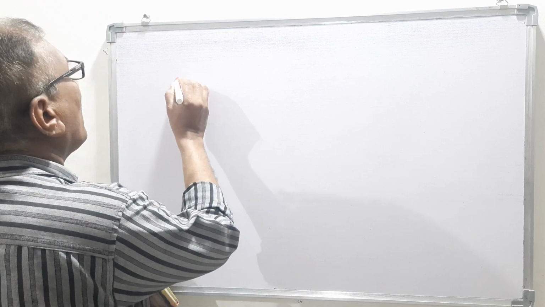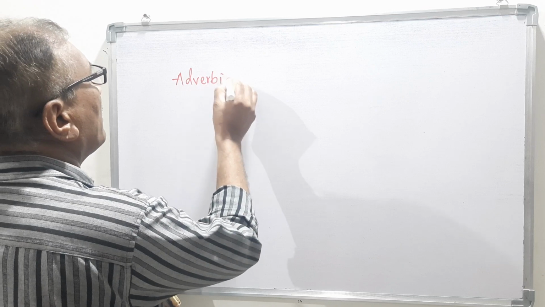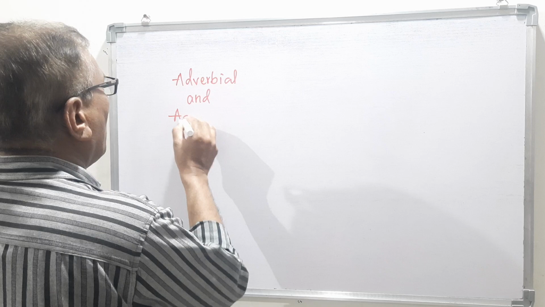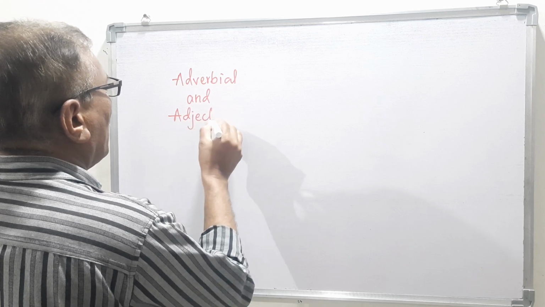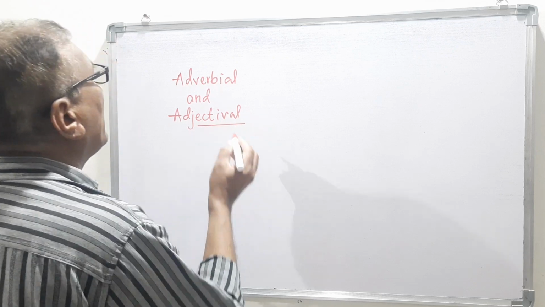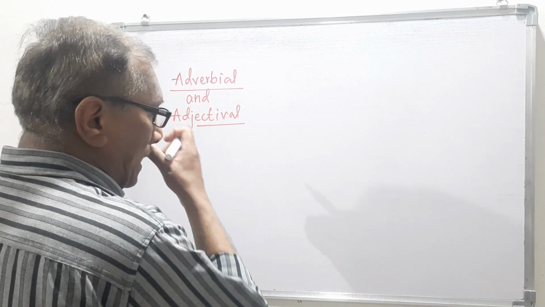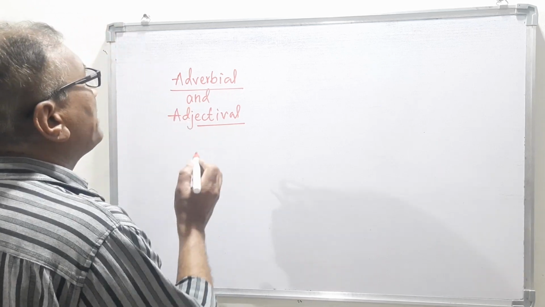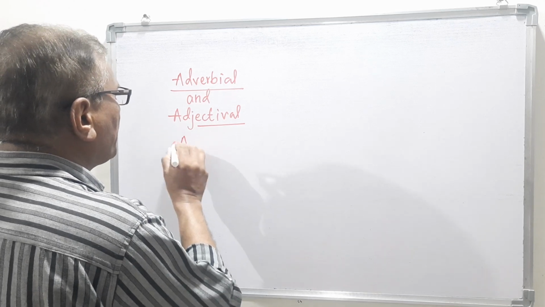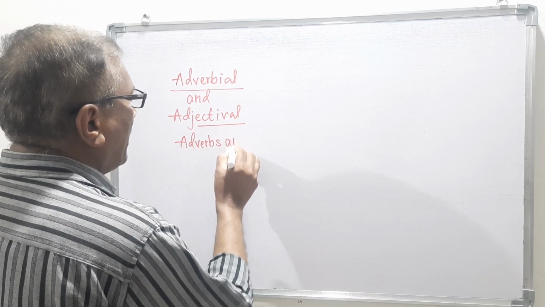Remember, adverbial and adjectival. Adjectival means they are adjectives and adverbial means they are adverbs. So the point is that there are the adverbs and adjectives